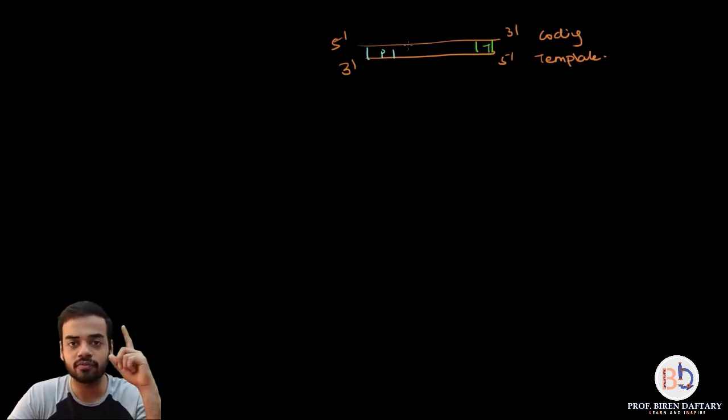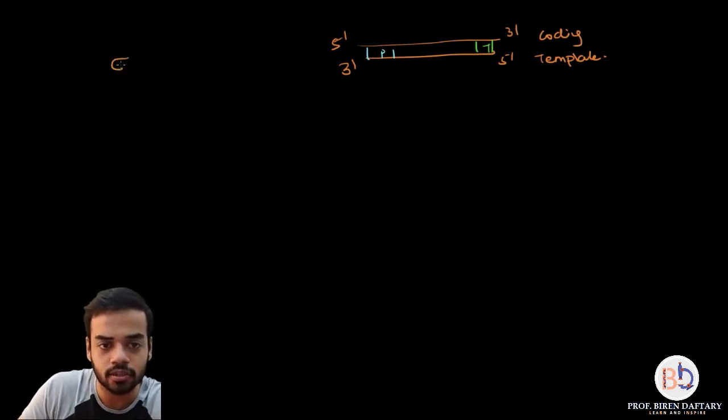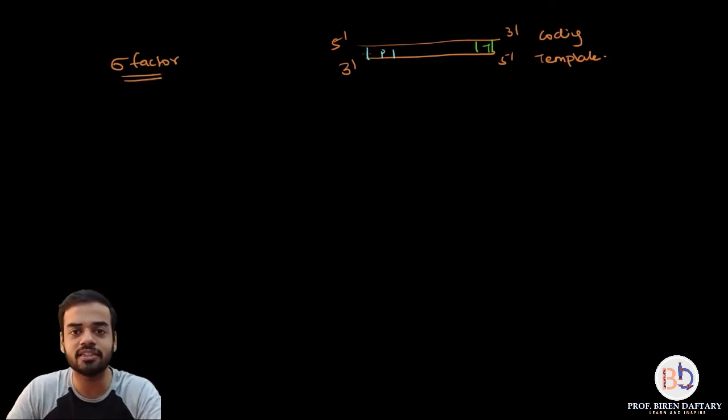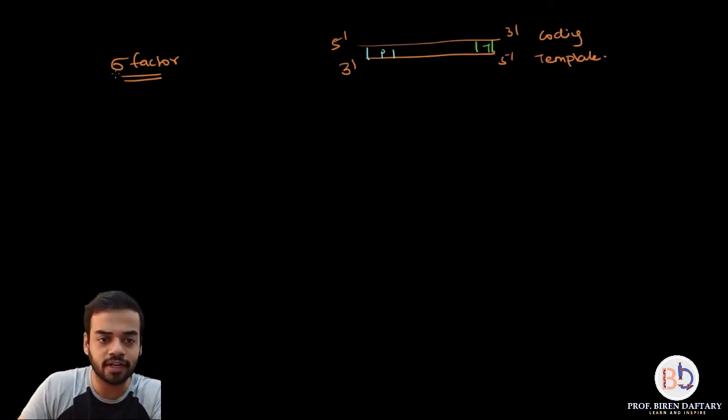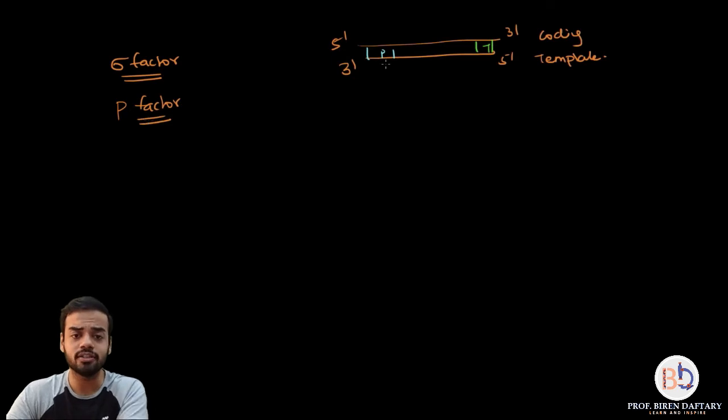Now what happens is, the first step is that near this promoter area there are proteins or factors which are called the sigma factors. So I'm going to write over here. This sigma factor are basically the proteins which are present near the P site, whereas this T site has proteins or factors which are called rho factors. Sigma and rho are both Greek symbols normally used in physics, but over here these denote two types of proteins. So sigma factor is present near the promoter region, rho factor is present near the terminator region.